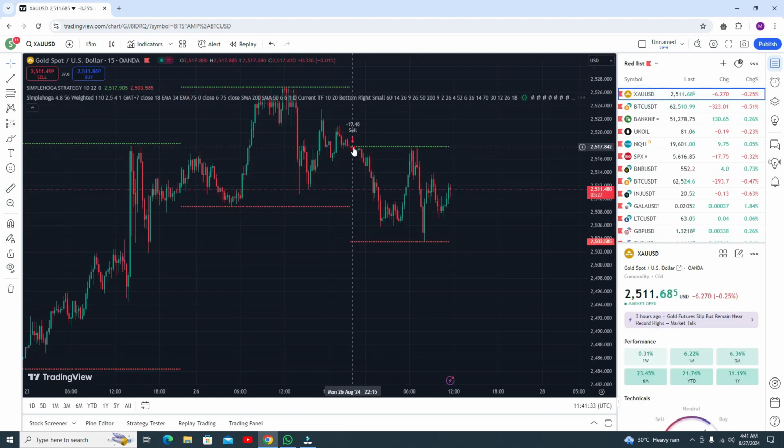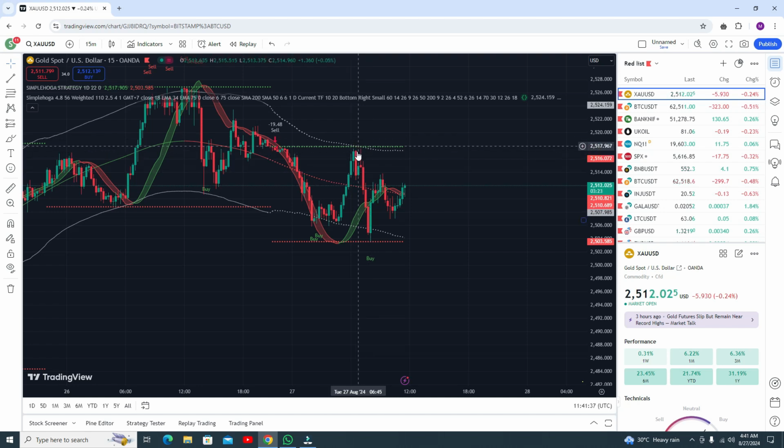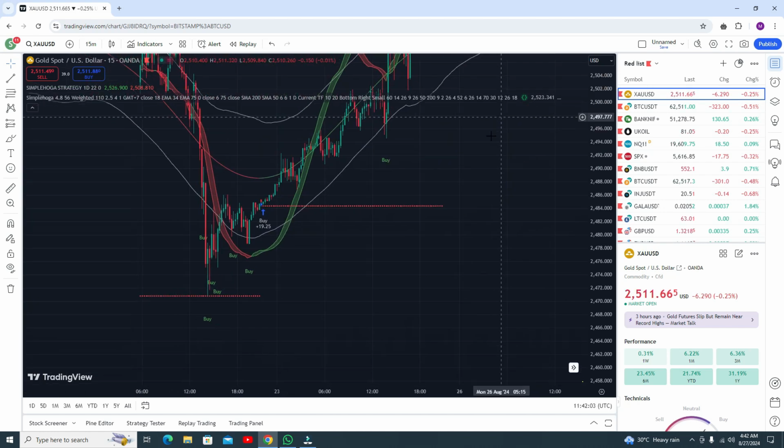In the gold, this one is the most recent sell signal here. Okay, and you can open your sell position again, and you can see the first take profit, and here you can go to the sell position again, because here it is showing you that there is a resistance, so you can open your sell position from this point, and you need to book your profit. Okay, here resistance, so you can book your profit here, and again you can book your profit here. Okay, let me show some previous results in the gold.